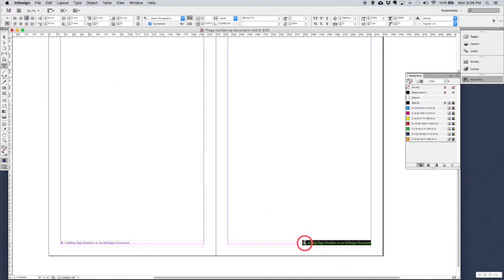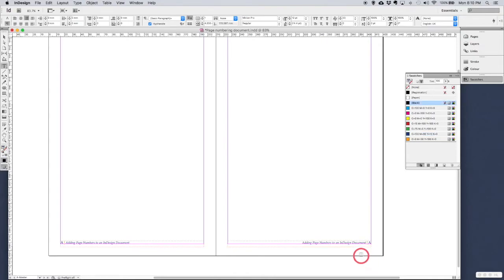And then I actually want to flip where the page number sits compared to the text. So I'm going to grab that page number and cut it with Command X. I'm going to go to the end of the line of text and paste using Command V, and then I'm also going to cut out the orange pipe character and the spaces on either side of it with Command X,